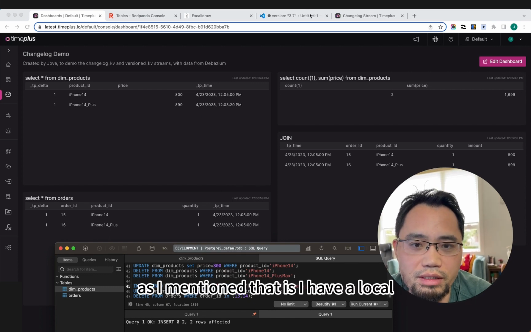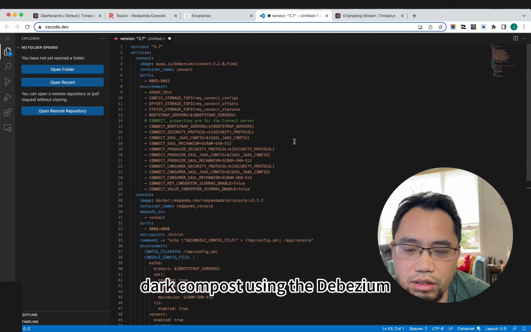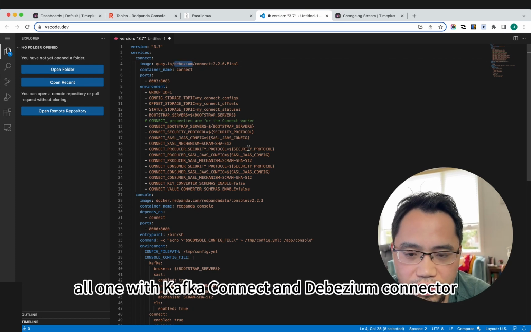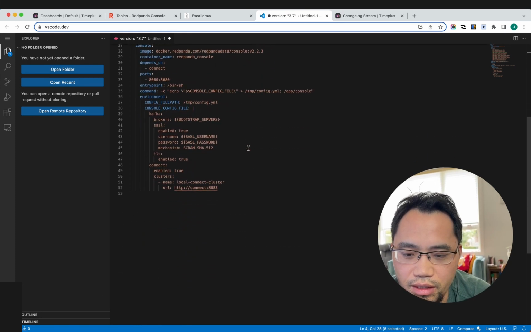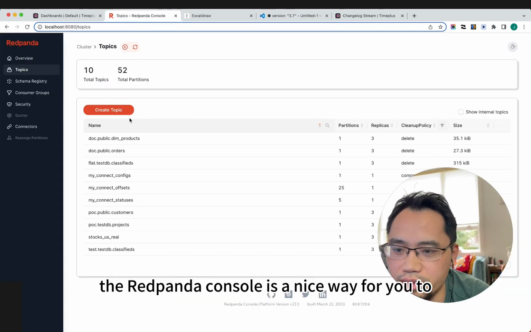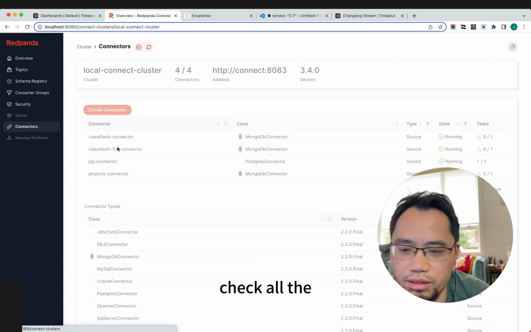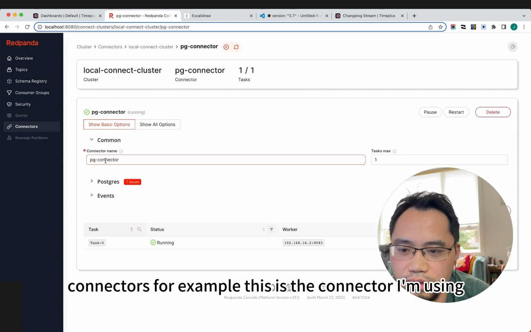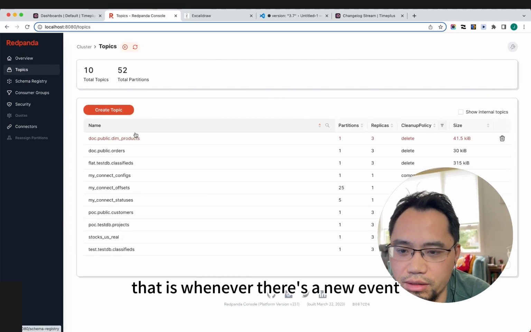As I mentioned, I have a local Docker Compose using Debezium. It's all-in-one with the Kafka Connect and the Debezium connector, and also using the Redpanda console. The Redpanda console is a nice way for you to check all the connectors. For example, this is the connector I'm using, and what is more interesting is that whenever there's a new event,